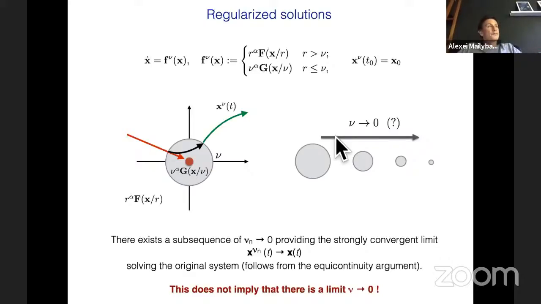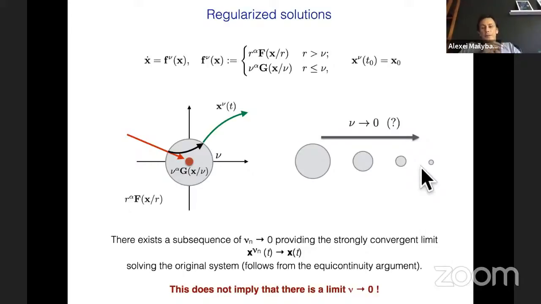But we are kind of unhappy because we have to treat this small neighborhood to understand what happened here. So now what we will do is we take a limit. The temptation is to take a limit of nu goes to 0, which shrinks this region to 0. And whenever you shrink it to 0, you are back to your original singular system.